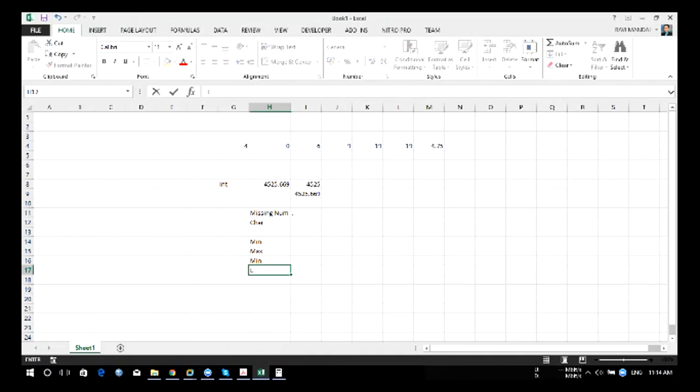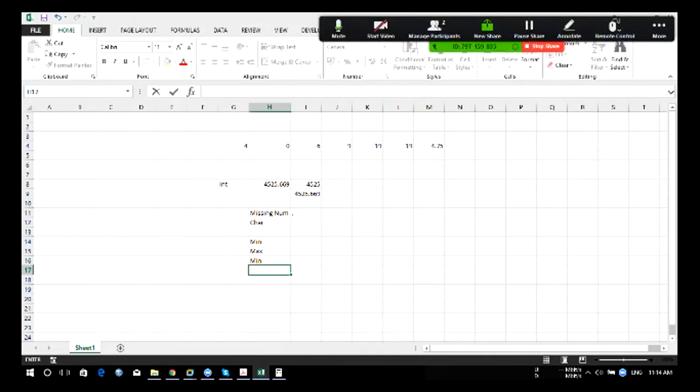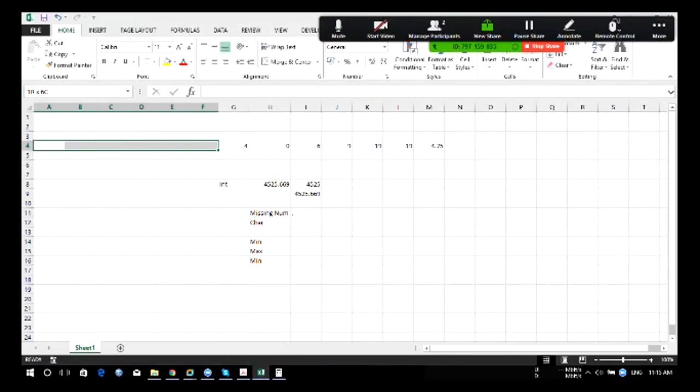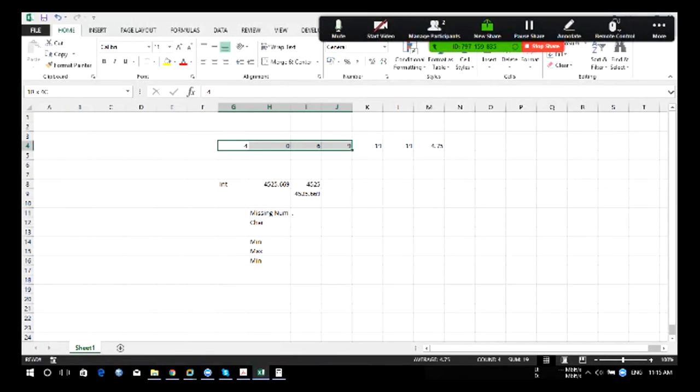What will happen if someone provides me data like this? They say, tell me which is the first largest, which is the third largest. So I can say this is the first largest and this could be the third largest. If you have a whole bunch of values over here and you want to extract, you can extract like that. That is for first largest.